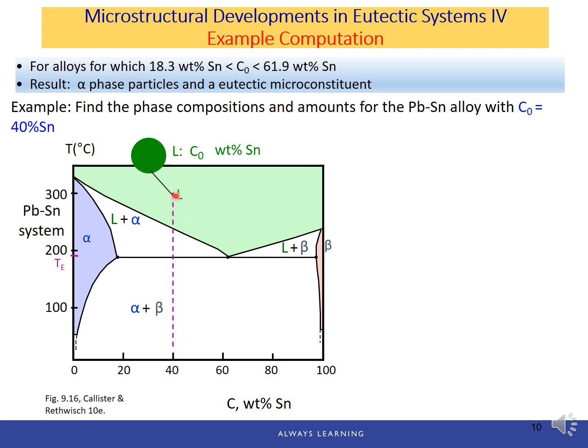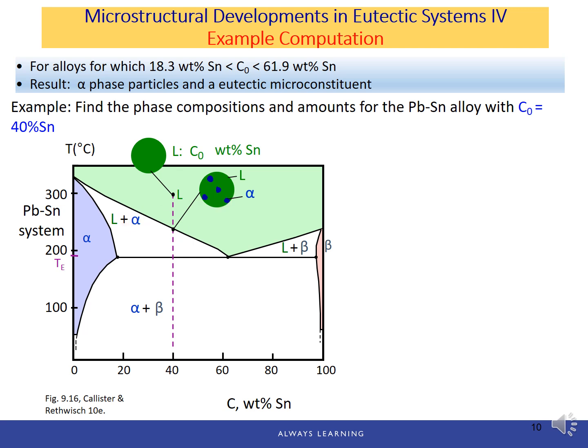So during the cooling process, we look at the development, or the change, of the phase compositions and amounts. First of all, at the liquid phase, the liquid has a composition of 40% tin. And when we cool it down to the liquidus temperature, now the alpha phase starts to form. So the first formed